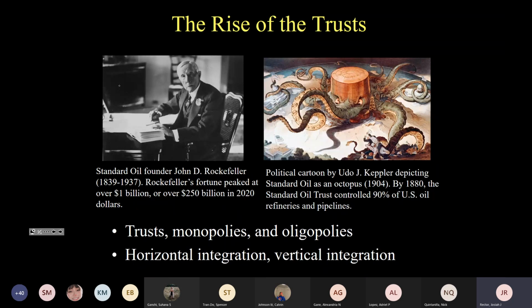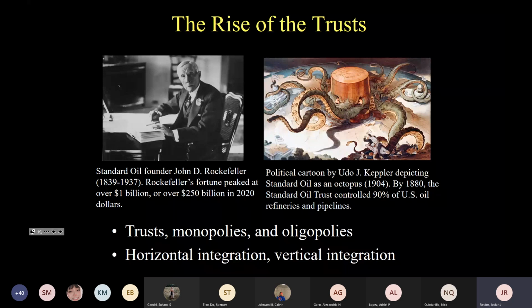Well, this is before the rise of the internal combustion engine, which would make petroleum and places like Houston, where we are here, much more critical to the nation's economy. But petroleum was already a booming economic sector, particularly in places like Pennsylvania, by the 1870s and 1880s, and Rockefeller controlled it. And he did so through both horizontal integration and vertical integration.